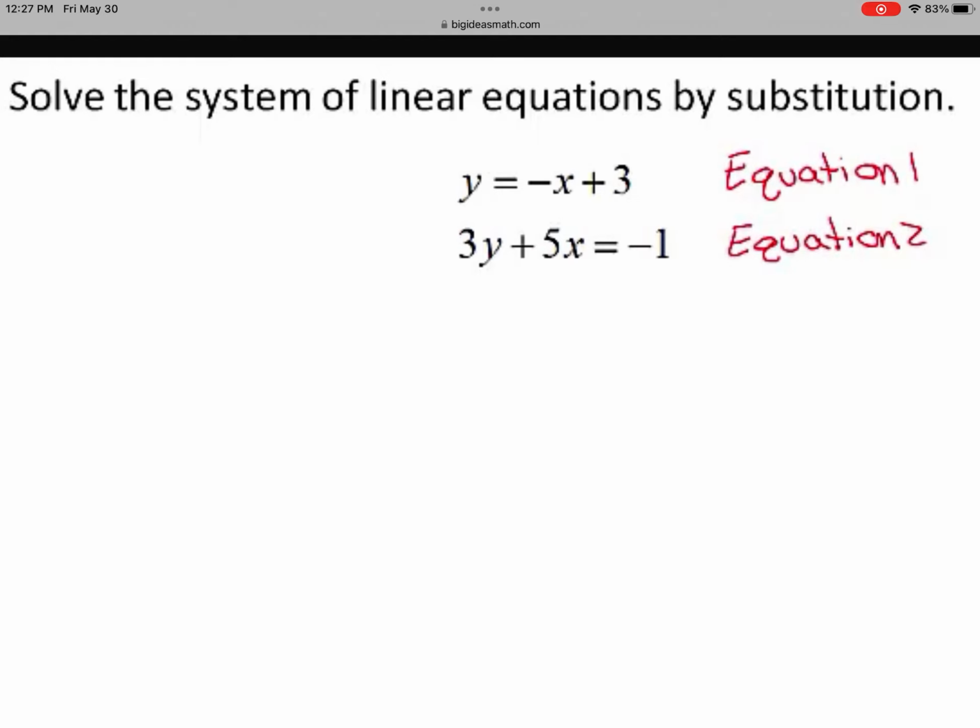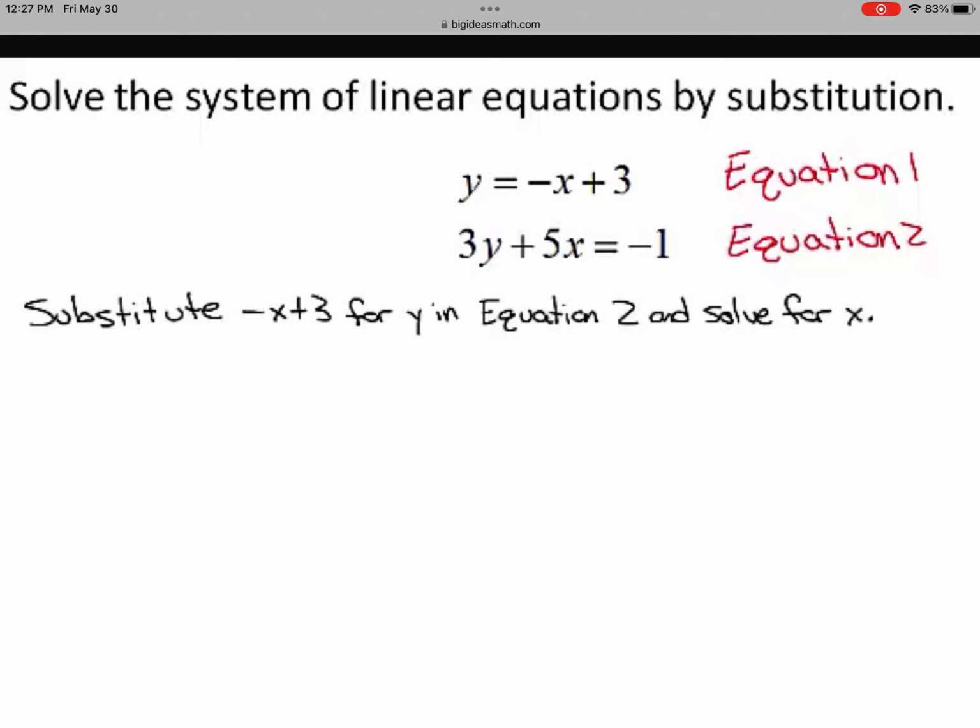Notice that equation 1 is already solved for y. Substitute negative x plus 3 for y in equation 2 and solve for x. First write the equation. 3y plus 5x equals negative 1. Substituting negative x plus 3 for y gives 3 times the quantity negative x plus 3 plus 5x equals negative